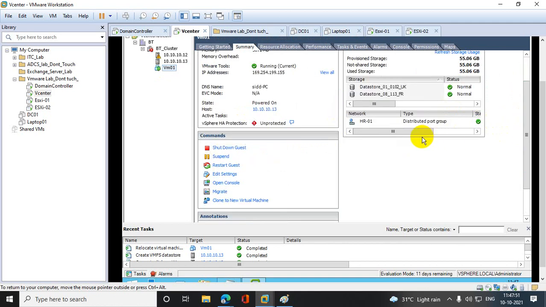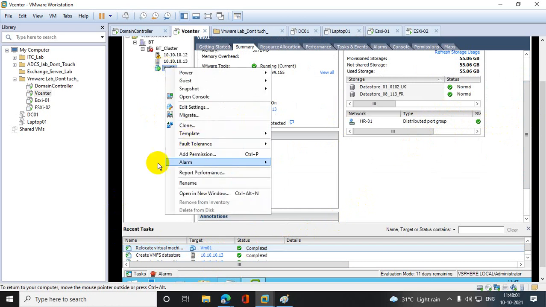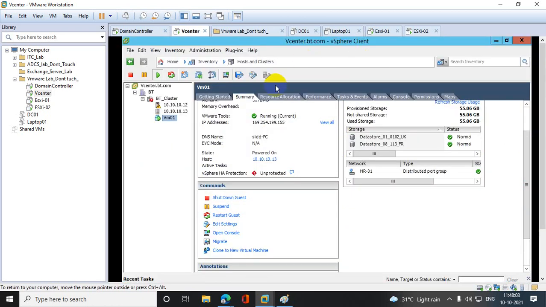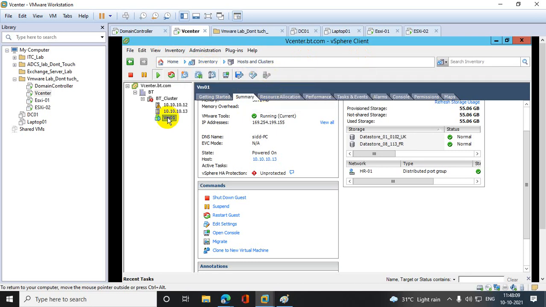See, relocate virtual machine completed. So let's see. Houston cluster.